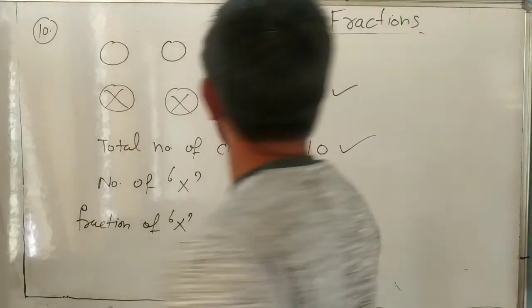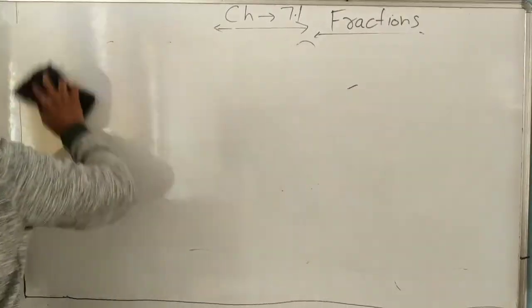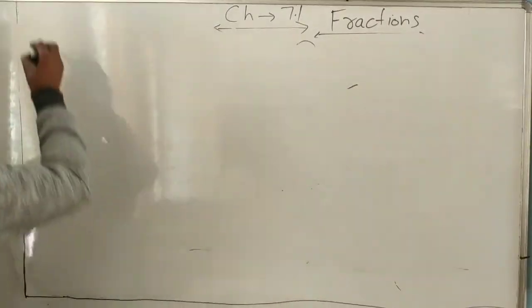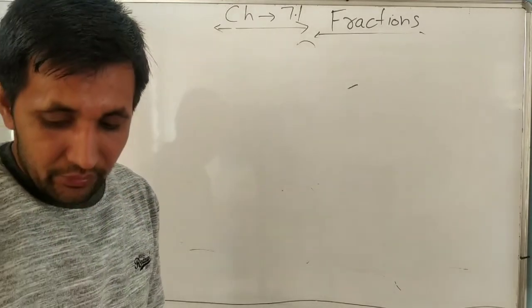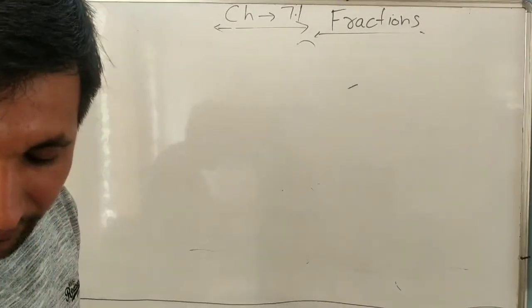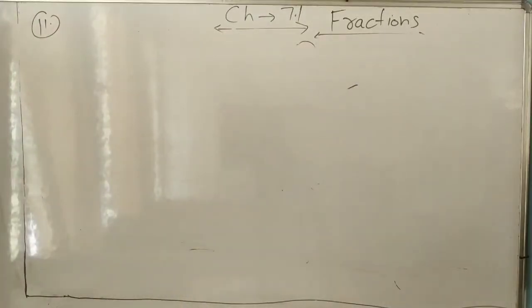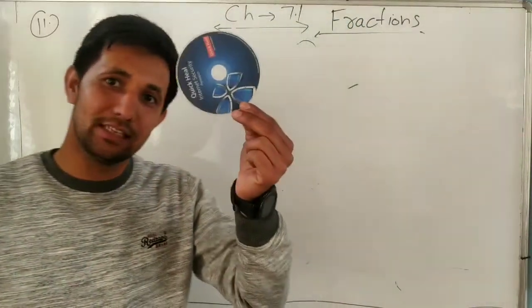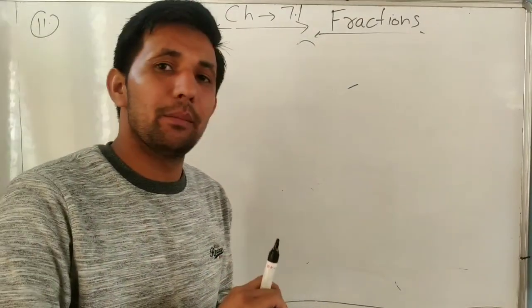Only one question remains of this first exercise. Last question we are doing now. Question number 11. Christine received a CD player for her birthday. CD player, okay. CD, these are the CD cassettes. And CD player means where we will